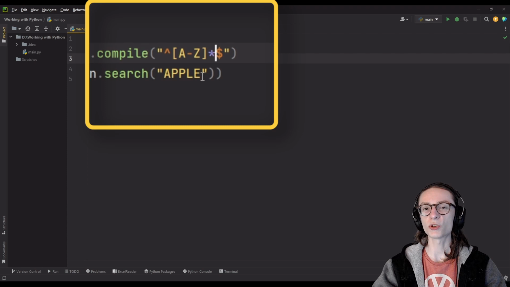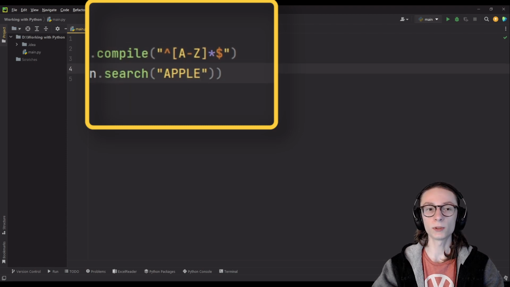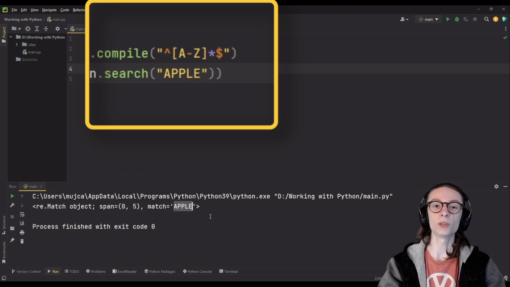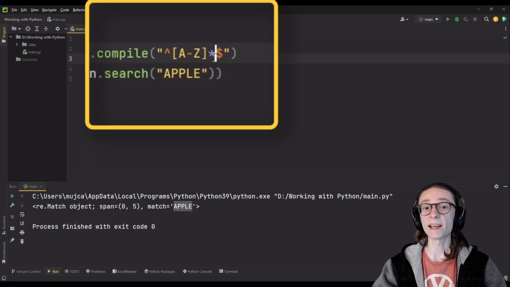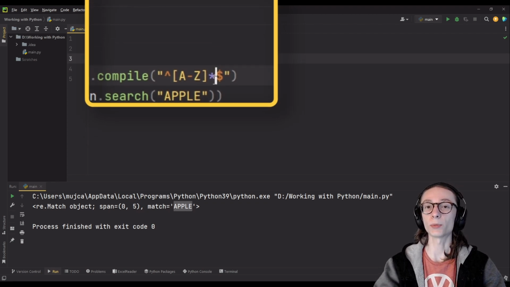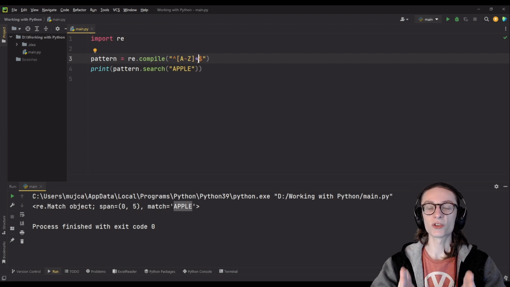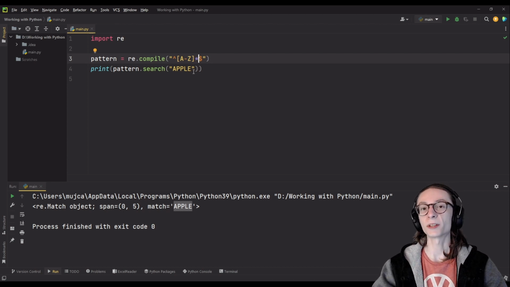So in that condition, if we use the capital word APPLE and we try our program, it will print the entire word APPLE because all of those are capital letters, and the asterisk tells it to pick up all of the capital letters in a row. Then all of those capital letters which were found together are put against the other requirements, so they have to be both at the beginning and at the end of the string,